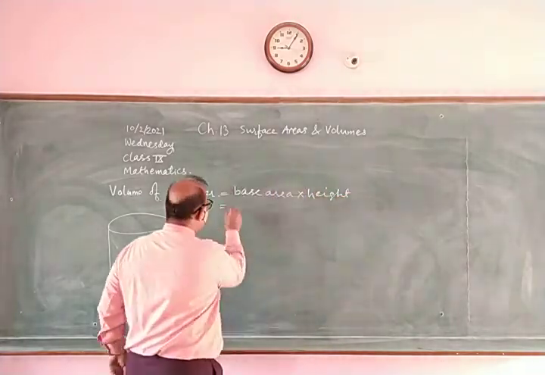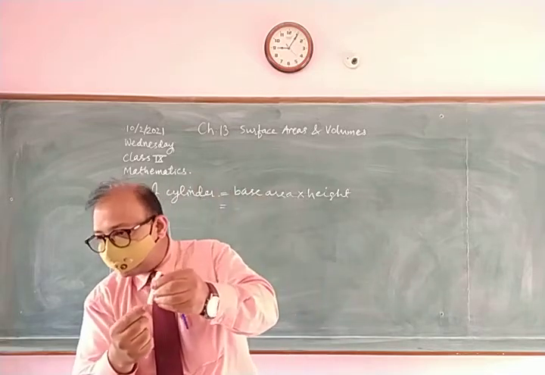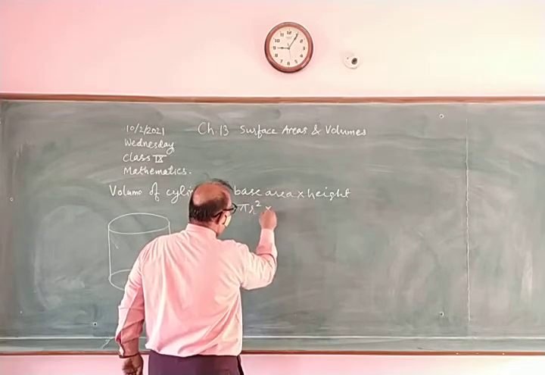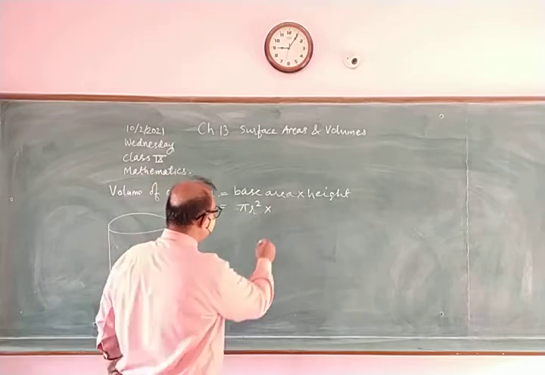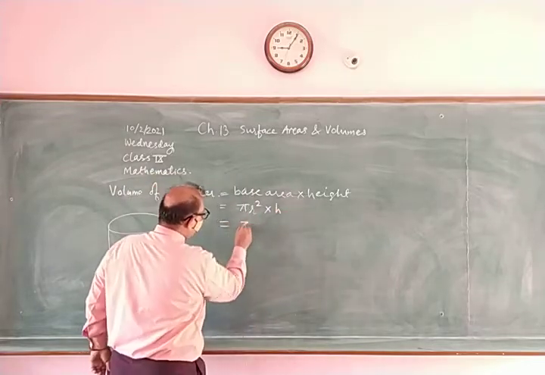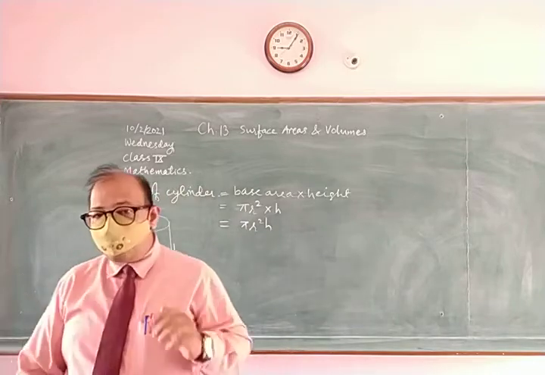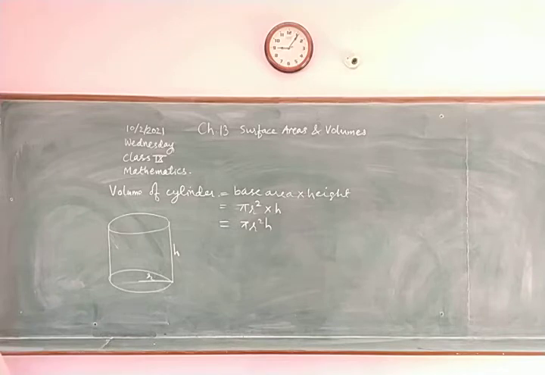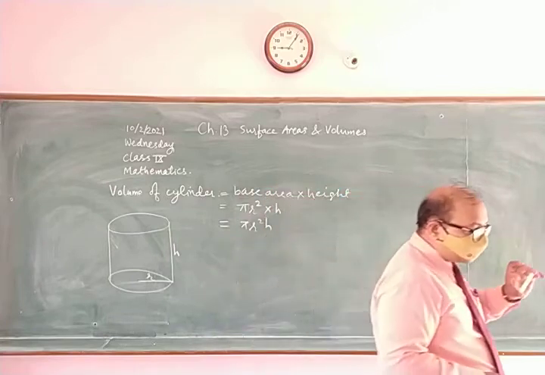Now base is a circle. What is the area of circle? Pi r square. And height is h, up to h height. So volume is pi r square h. This is the volume of cylinder. Clear? Now, if the cylinder is hollow,